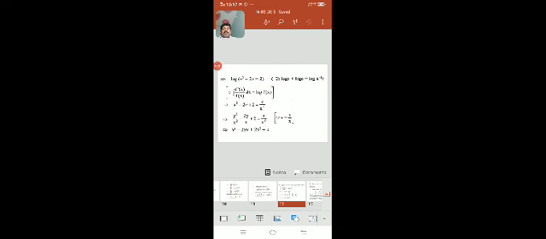So this is one of the examples using the homogeneous differential equation method. Once again I will explain this question. First of all, you are given dy by dx equal to 2x minus y by x minus y. We have to solve this. There is no chance of it being given as 'solve the homogeneous differential equation dy by dx equal to x minus y by x minus y'. The question will only be given in this type, dy by dx equal to 2x minus y by x minus y.